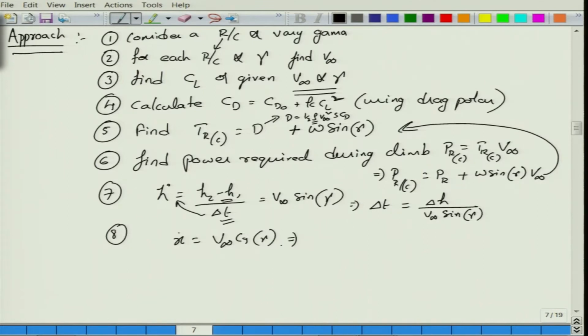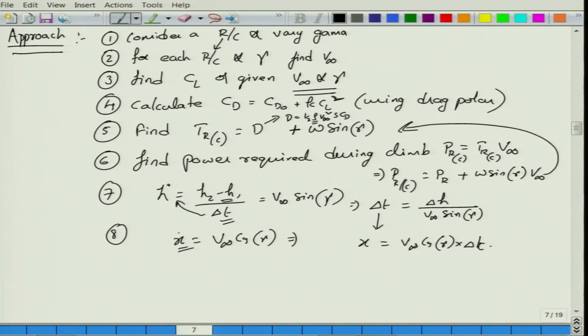Ideally it has to be a numerical integration, but we are considering a constant velocity of flight, so you can use delta t directly to figure out the corresponding horizontal distance travelled. So delta x is V infinity cos gamma times delta t. Delta t you get from the previous step, step number 7, and with step 8 you find the corresponding horizontal distance travelled.